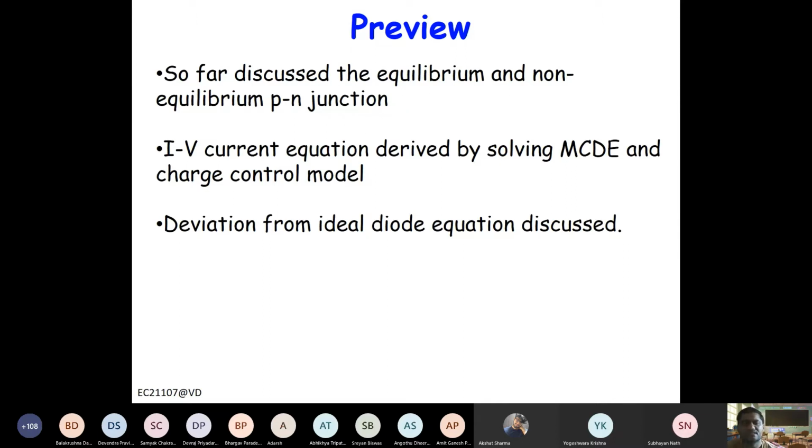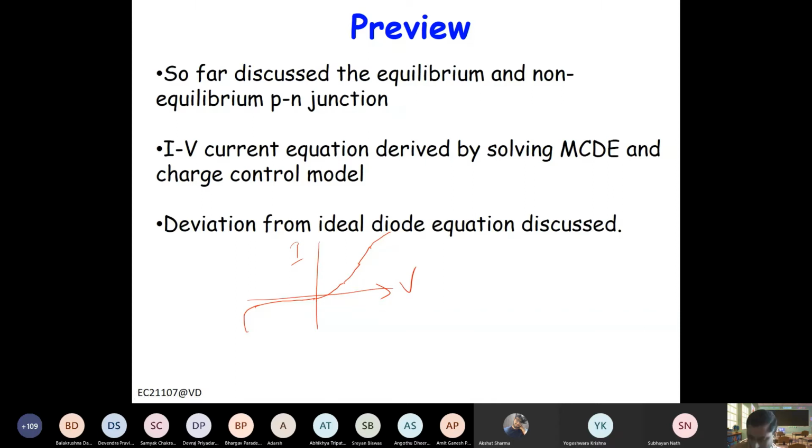And then we also discussed the real diode: what are the different regions of deviation. You have the breakdown region, then your generation current, then your recombination current, then your ideal region, then you have high level injection, then you have the effect of series resistance, right? So that basically gives your IV characteristic of a diode.